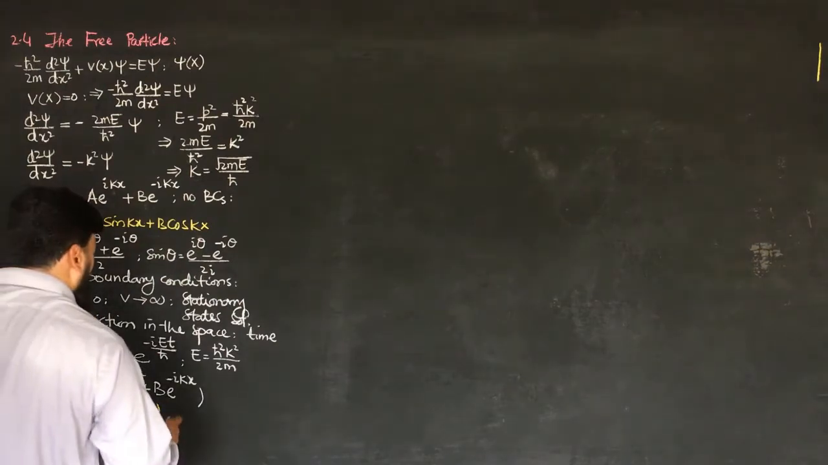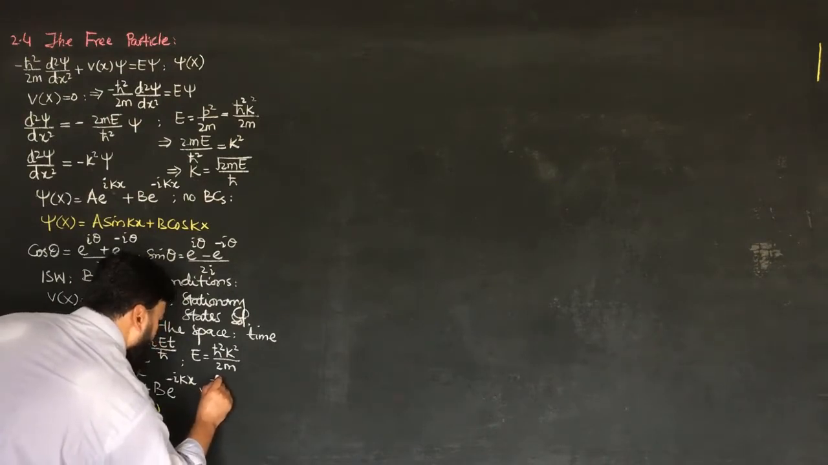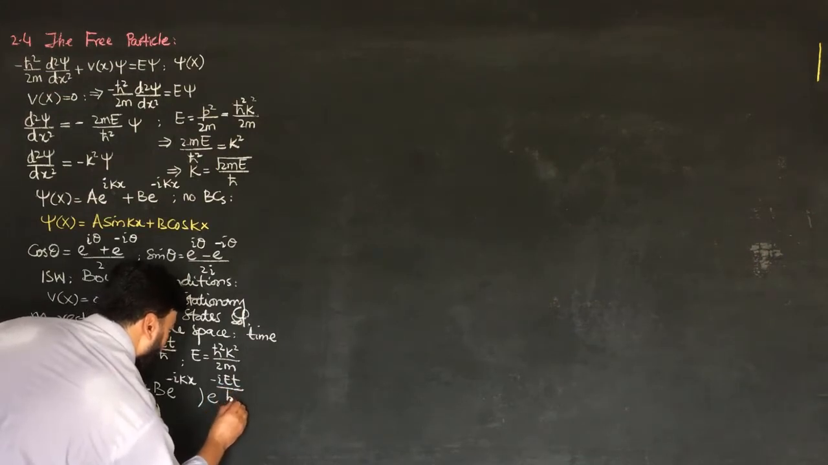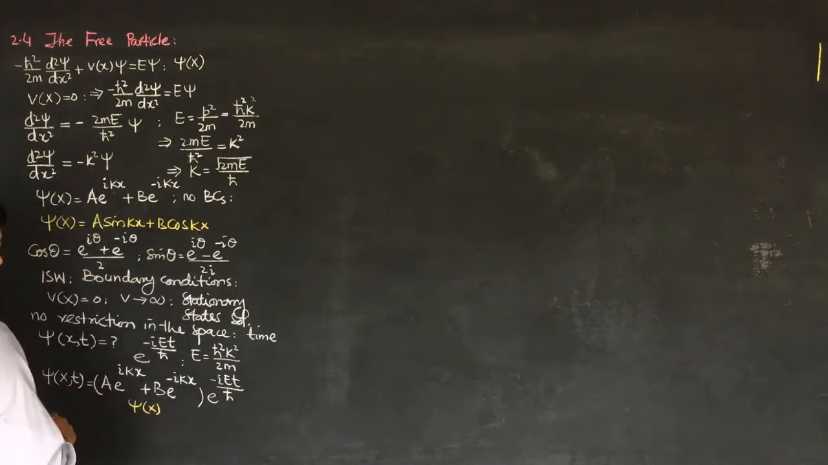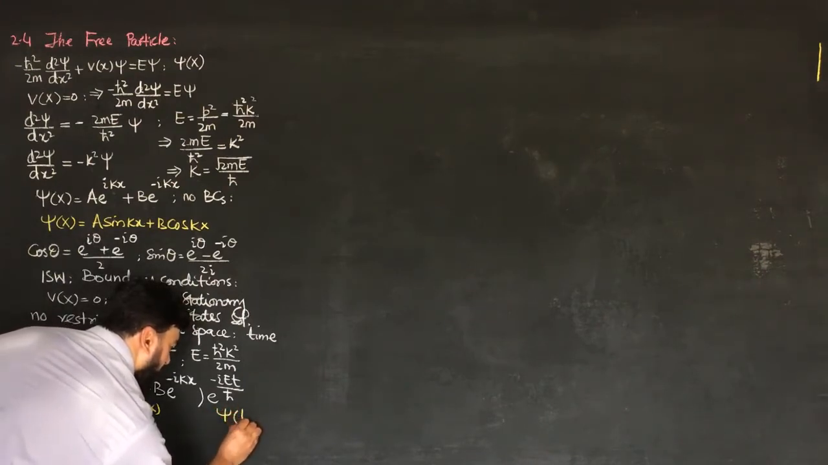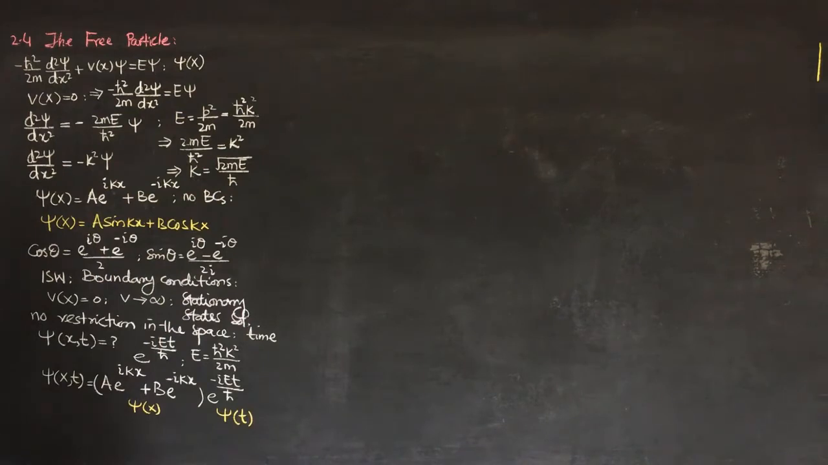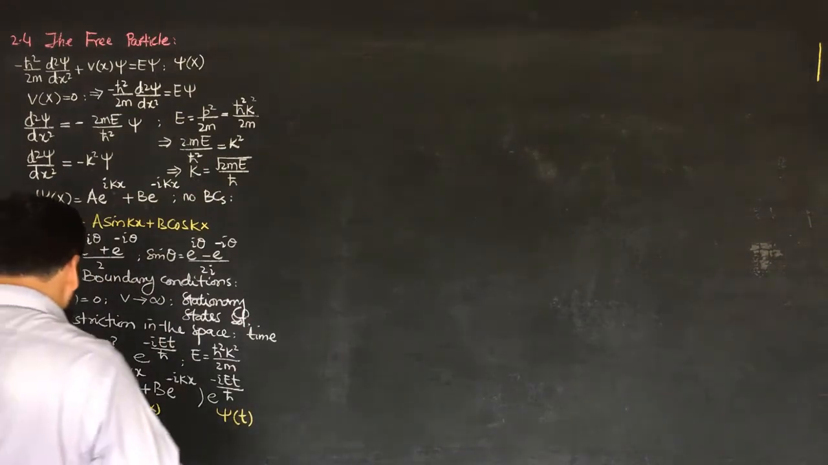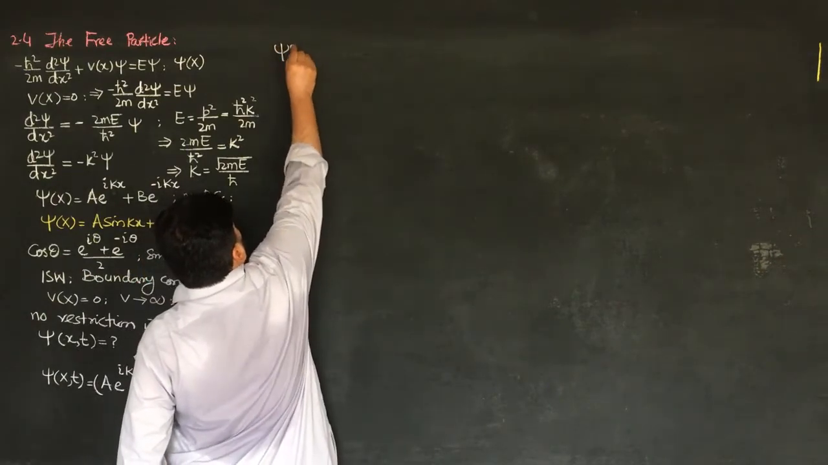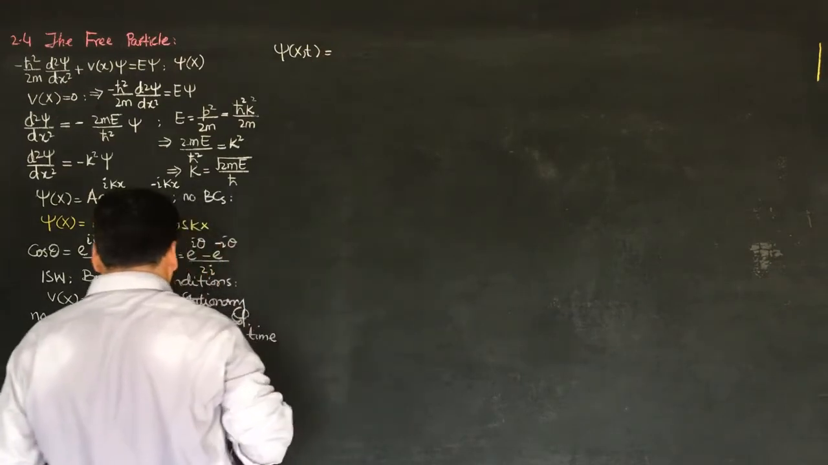And now I will have to write with this one e to the power minus iEt over h bar. So this portion will actually be the time evolution of the wave function. So we will have our wave function like this, and let me write this one: psi(x, t) will be equal to